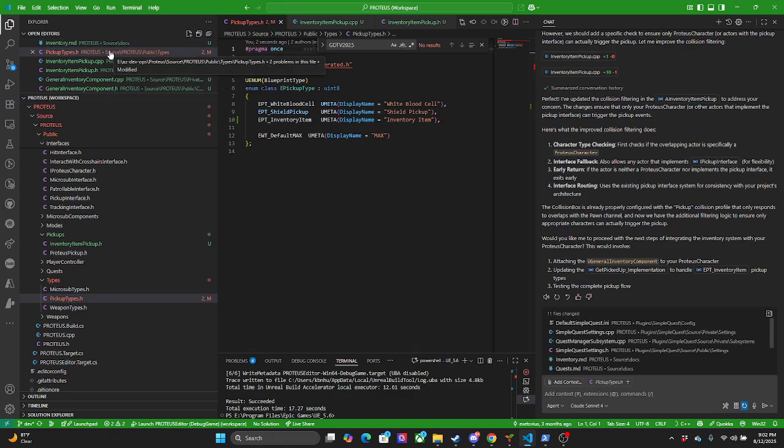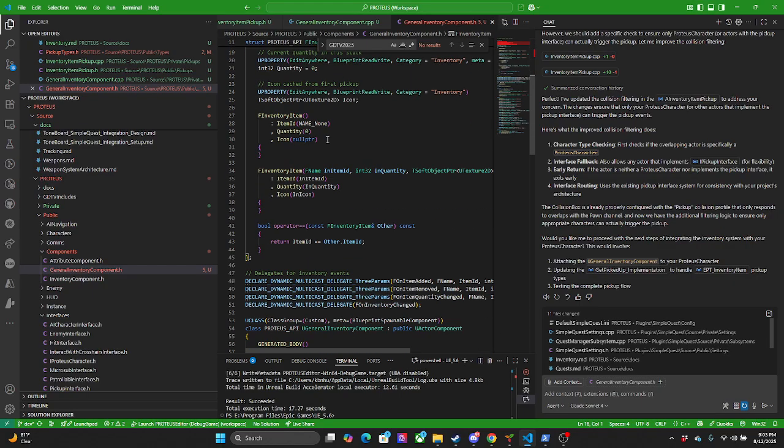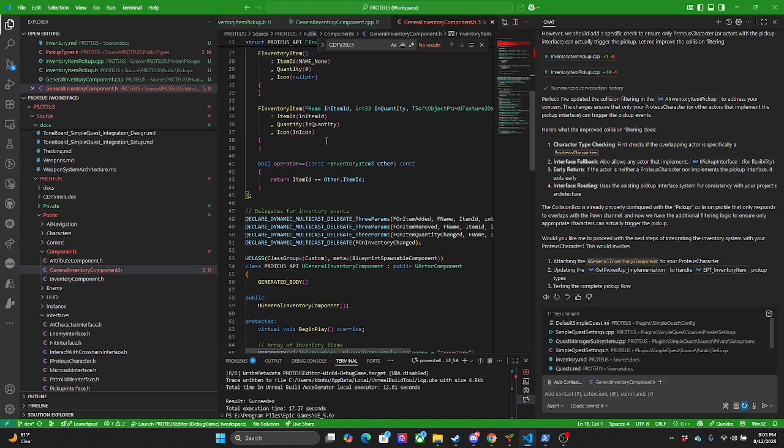All right, I want to look at the code. So inventory component, we'll start with the header file. We've got a quantity. Oh, it put the F inventory item in here. I don't like that.